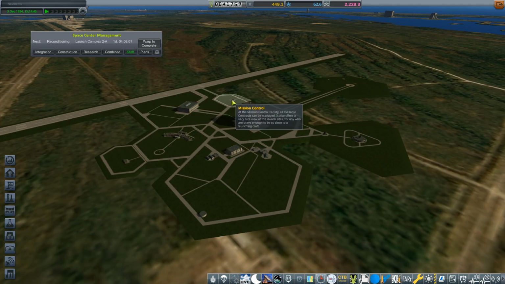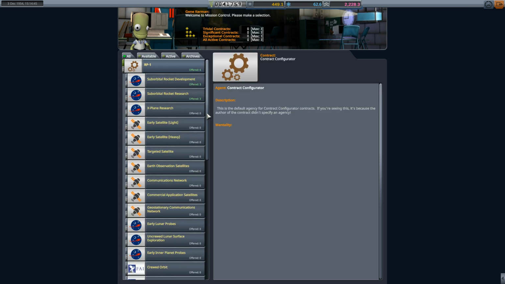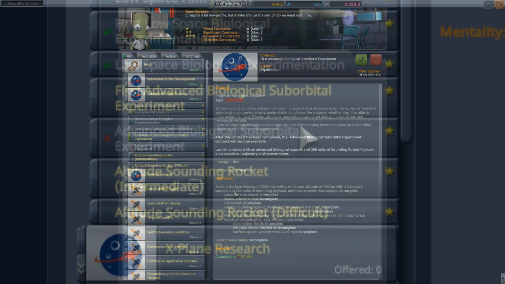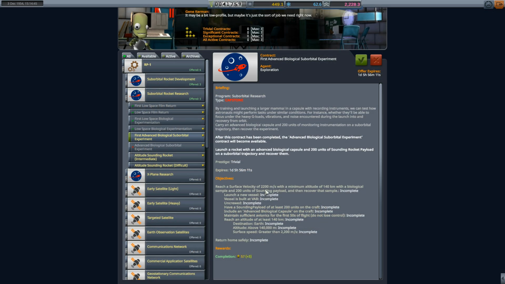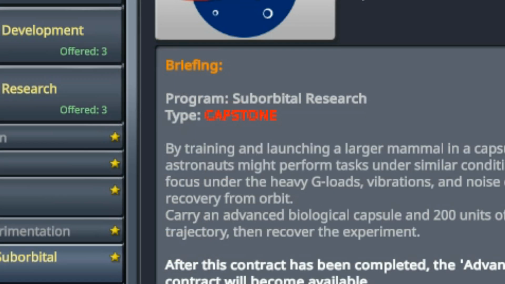I'm very eager to finish off one of the two programs that I've been working on since the start of this series, and I'm closer than I think. I thought I had two contracts left under Suborbital Rocket Research. First, Advanced Biological Suborbital Experiment and Advanced Biological Suborbital Experiment. But despite the bright red all-cap letters, I missed the fact that the first of these two is the capstone